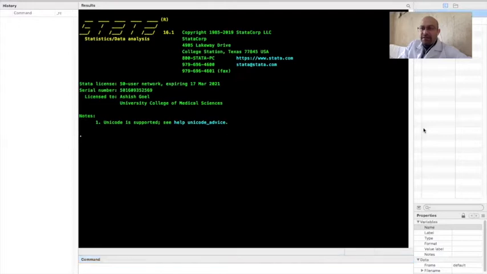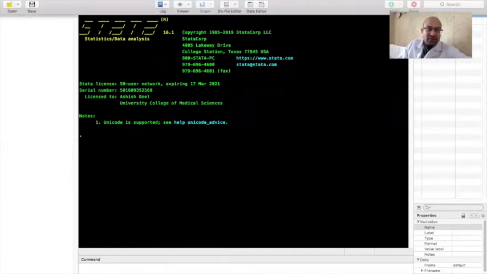Here on the right panel is the variables window, which will have all the variables listed out once you have imported a data set into the working memory of Stata. And once you have any of those variables highlighted, the properties of that variable will become visible in this properties window. So much for the Stata interface. Now let's try and download a particular data set into Stata.